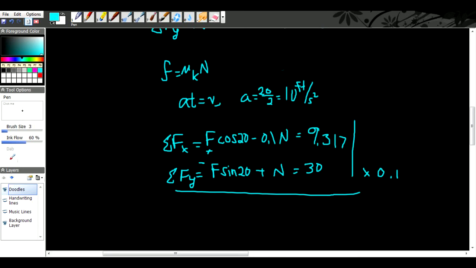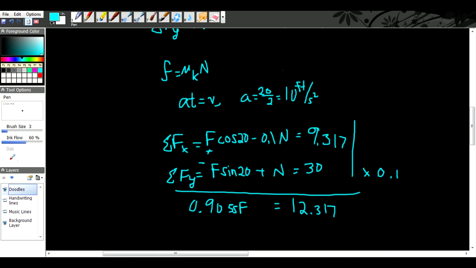plus negative sine of 20 times 0.1, so 0.9055 F. Negative 0.1 N plus 0.1 N is equal to 0, and 9.317 plus 30 times 0.1